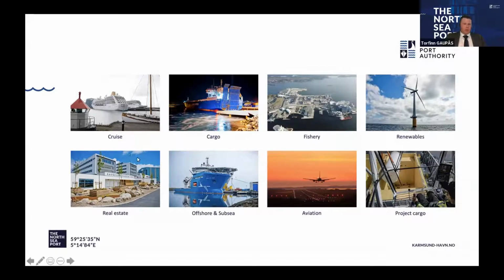As a port, real estate is something that we do. We have to develop both the warehousing, offices, and other parts of the port. So we do have about 70,000 square meters of indoor facilities, both, as I said, port offices and warehousing. And